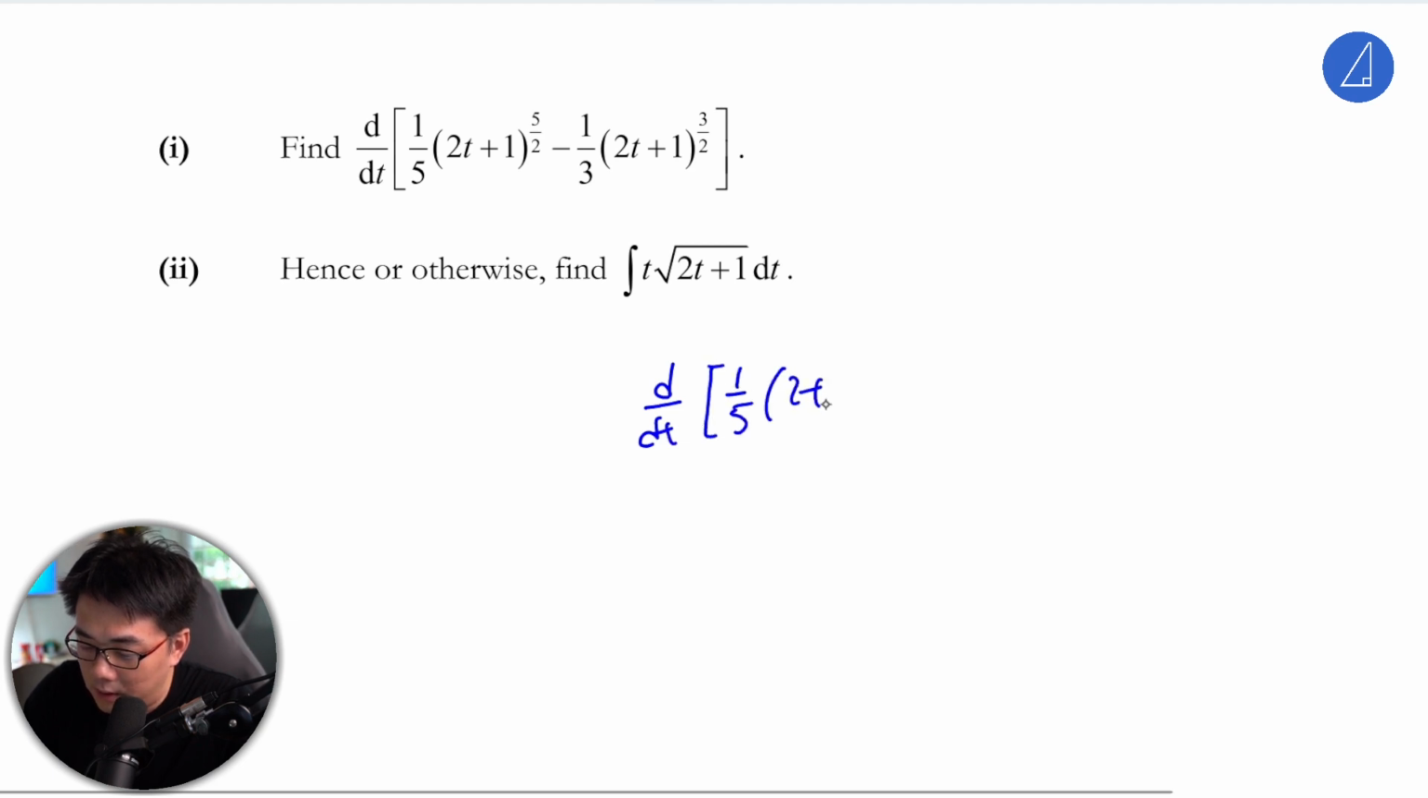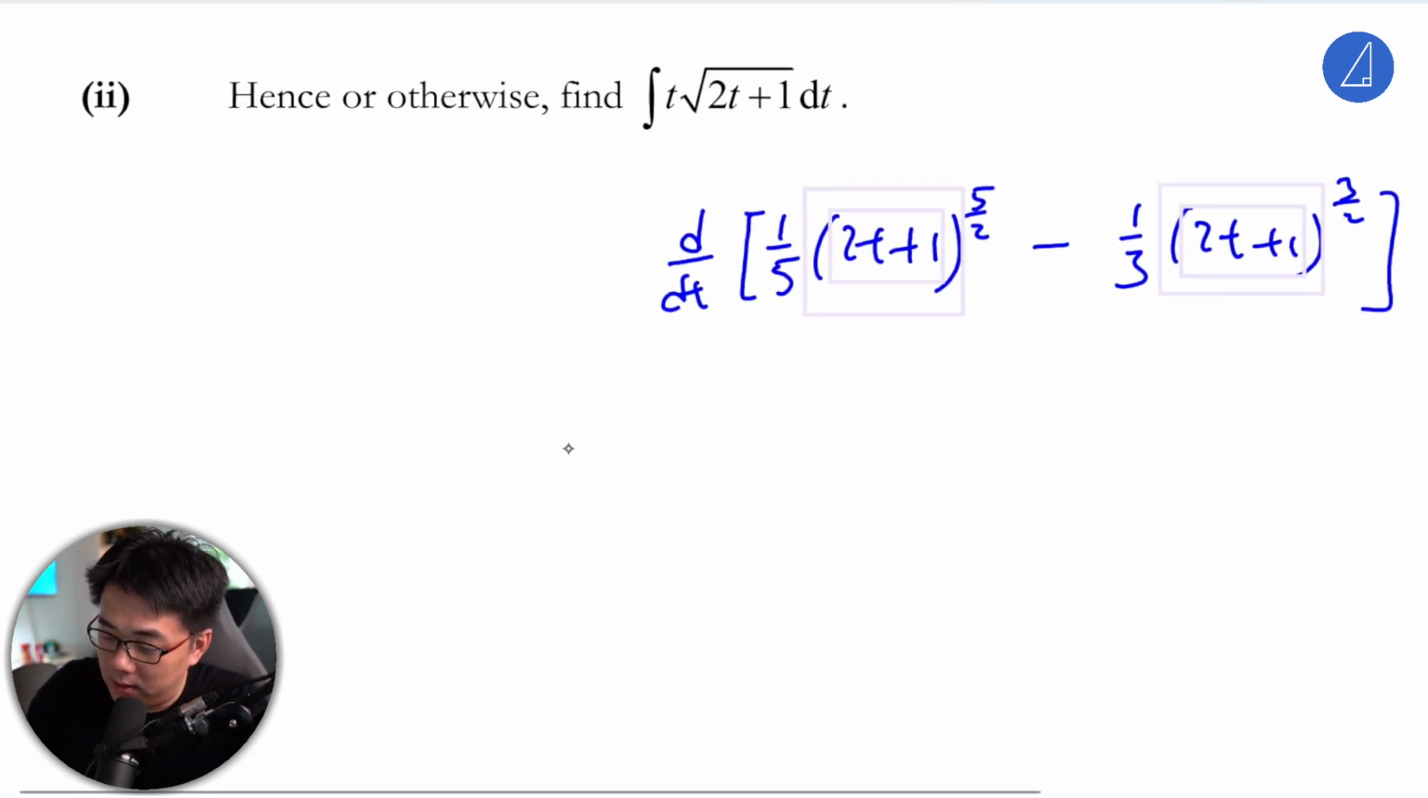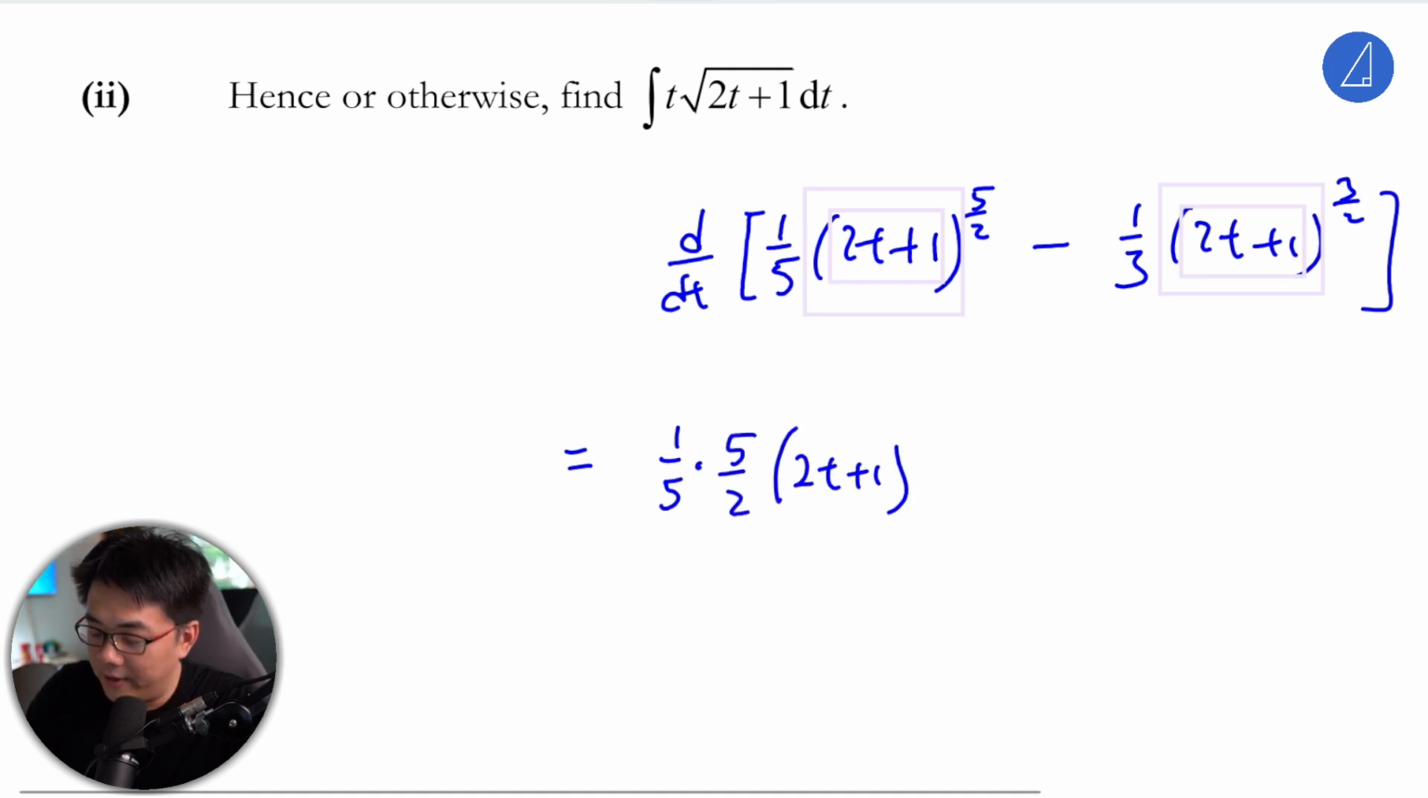1/5 (2t + 1)^(5/2). So we're going to use the chain rule to do this, right? So (2t + 1)^(3/2). Remember the outer layer, which is this over here, then after which the inner layer. So what I can do is 1/5 multiplied by 5 over 2, (2t + 1)^(5/2)